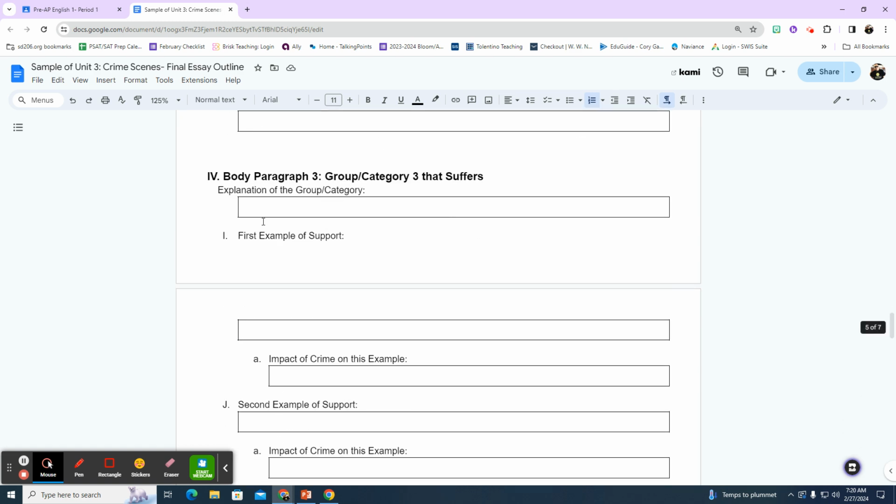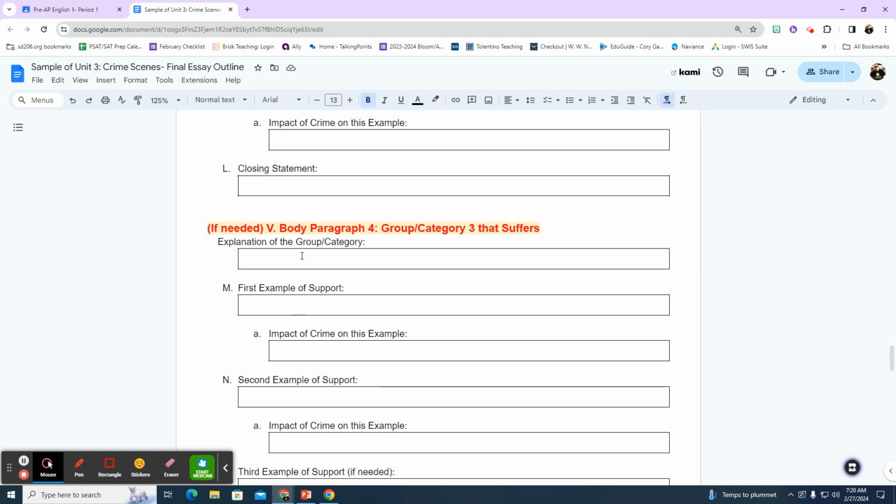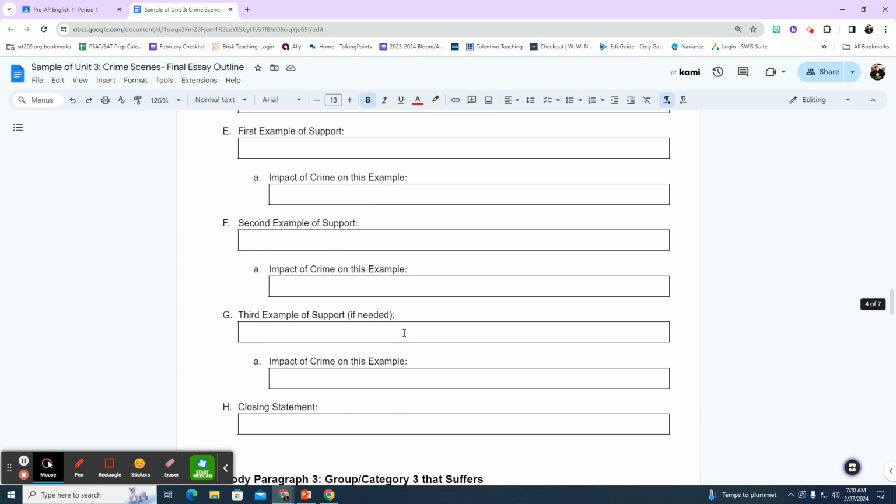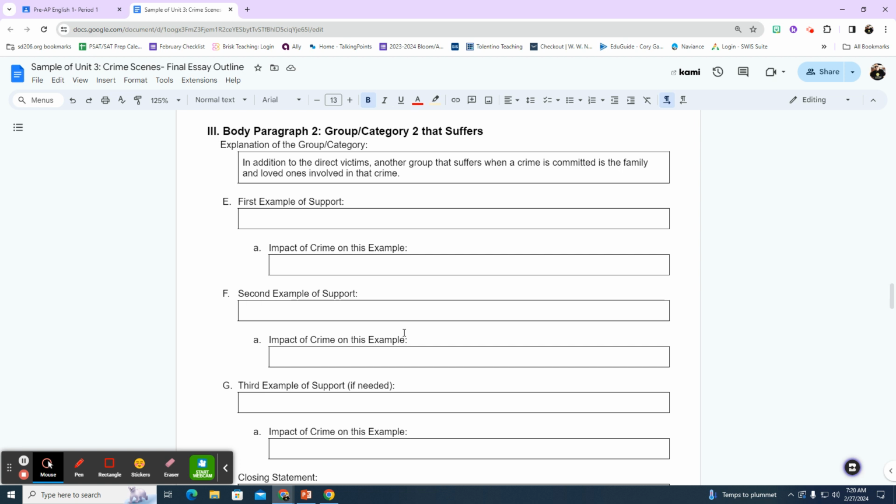Right? And of course, you would move on to your third body paragraph, which is your third group. And then if you have a fourth body paragraph, that is your fourth group. But you really want to take your time with this. You want to stop. You want to reread all your sentences. Make sure your grammar looks good. Really elaborate. The more detailed, the better. You might even throw some quotes in from some of the stories that were said. This is where you can kick out your notes, your old packets. You can use that as well. And continue to outline this essay.